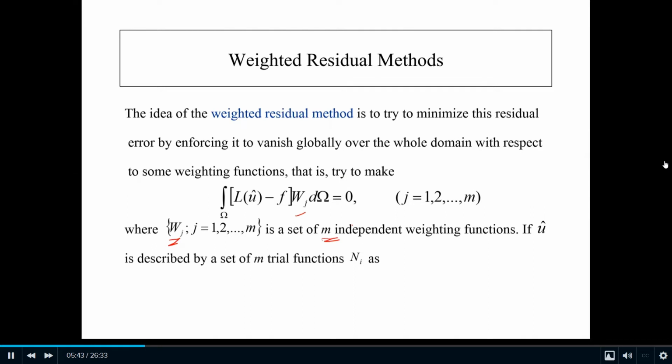In this case, we assume the approximate solution in this form, similar to when we assumed the approximate solution before. These are trial functions or shape functions, and this is u hat i, which is the unknown here that we have, because the trial functions are normally given. This is unknown because once you solve and you get this, you get the solution you want. So if we assume the approximate solution in this form and put this into this equation,